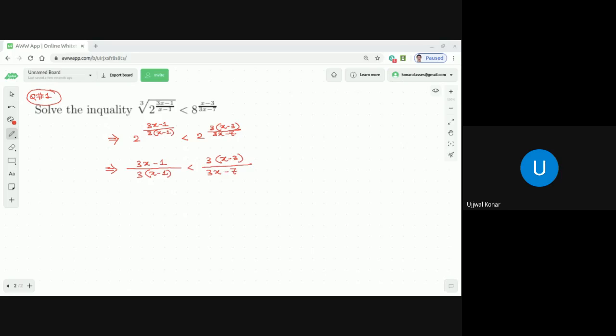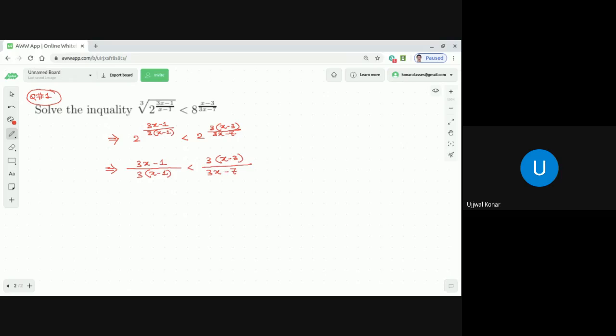Okay, dear students, did you get this inequality, I hope? After that, what will you do? You should not cross multiply. Never cross multiply. This is the most important lesson as far as this question is concerned. We can cross multiply only if we know specifically whether what we are multiplying by is positive or negative. If we want to cross multiply by 3x minus 7, we need to confirm that 3x minus 7 is positive, but you are not able to confirm that, because you do not know the value of x.